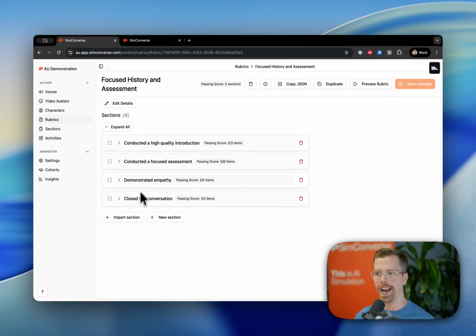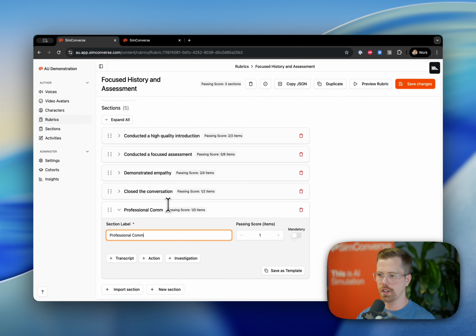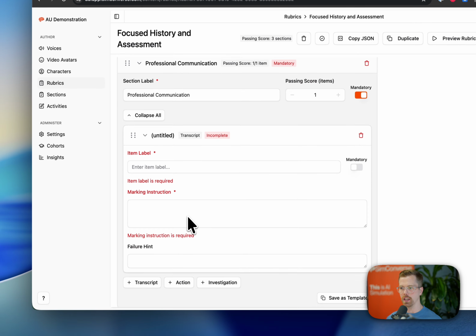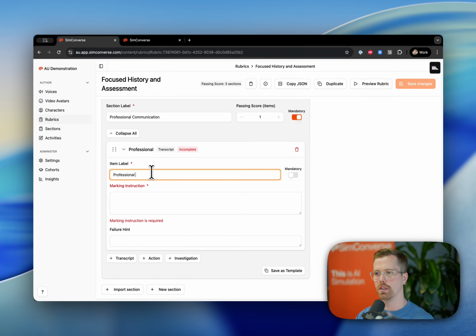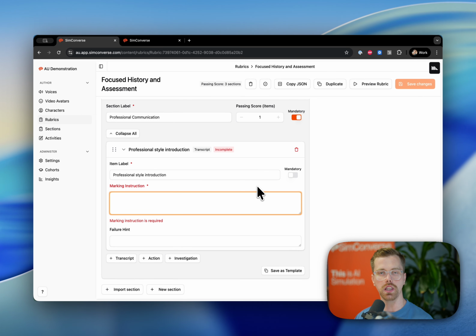Nice and easy for me to add entire sections if I want to. If, say, for instance, I need to evaluate at scale the professionalism of my learner group, I can add a new section here, label it professional communication, and make that mandatory because I want all of my learners to have to do that. And then I can start thinking about adding in items here. So, professional style introduction, where you basically give an example of what good looks like